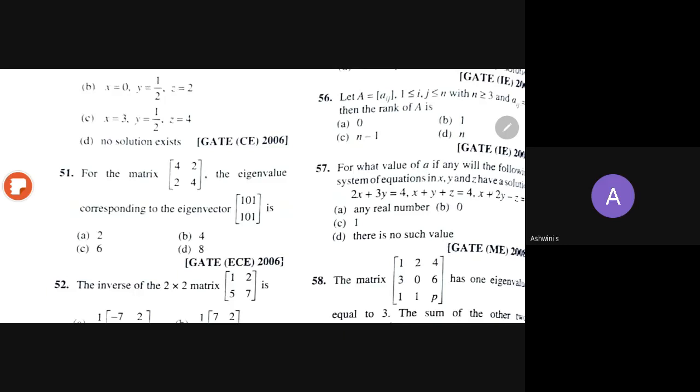Right. This is about the 50th problem: solution of the system defined by a set of equations. I think this is also an easy one. I will look into it.